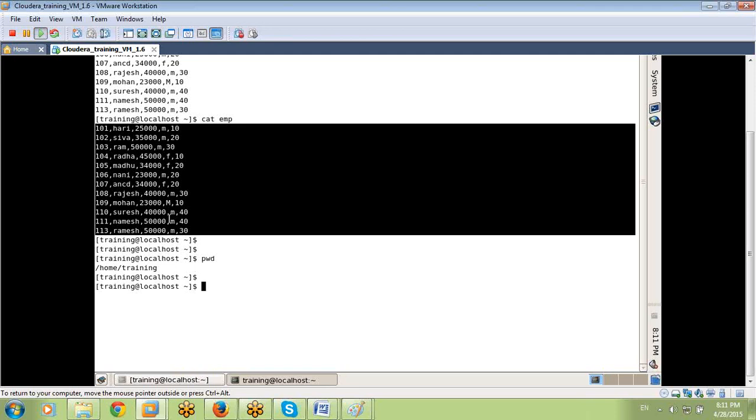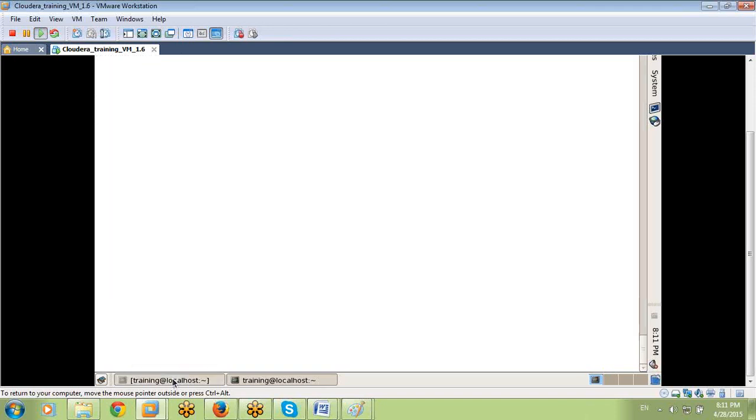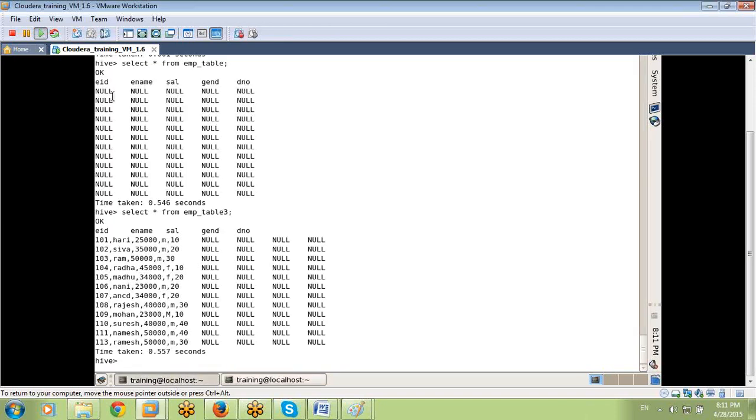In the EMP table the first column is integer, and integer does not support string, so nulls are loading. But in table 3 the first column is a string, so the complete data loads easily. This whole line I'm highlighting is only one value under the EID column, and the remaining columns are null.